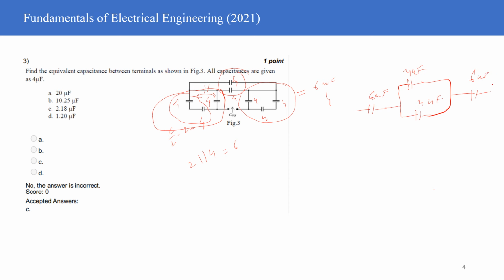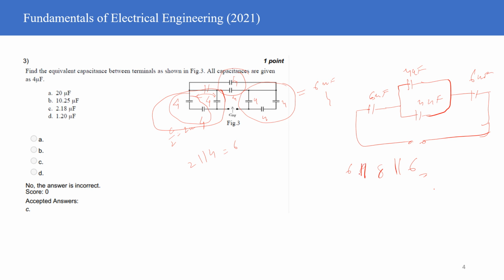And you have to figure out the capacitance between these two. So this is 4 and 4, which will give you 8. So finally you have 6 microfarad in parallel with 8 microfarad in parallel with 6 microfarad. If you try to solve them, you will get the final answer, and that final answer is going to be